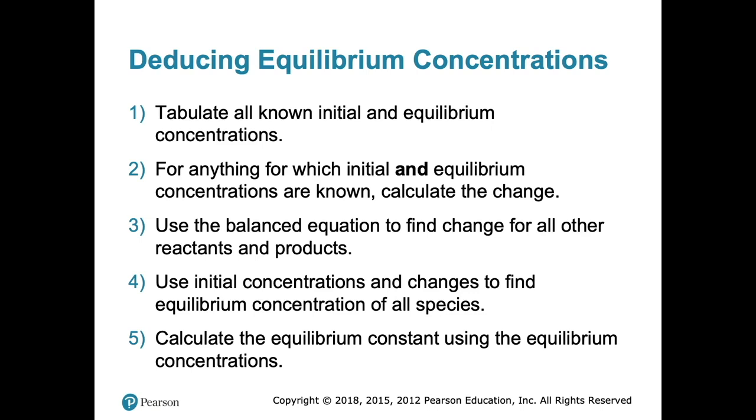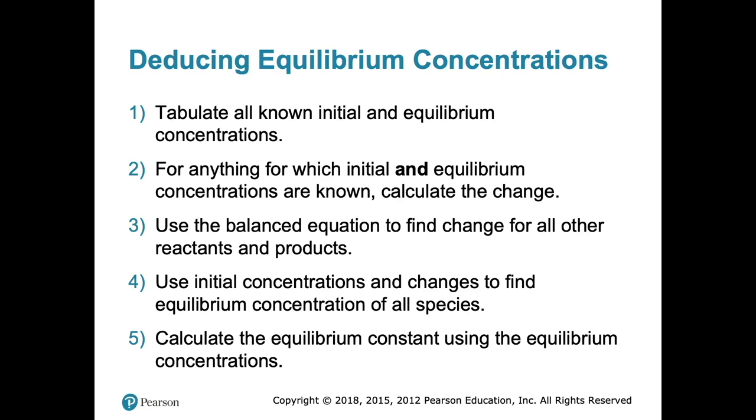The first thing you've got to do is tabulate all the known initial and equilibrium concentrations, right? That's the stuff that's going to be in the word problem that we give you. After that, for anything for which an initial or an equilibrium concentration is known, you've got to calculate the change,